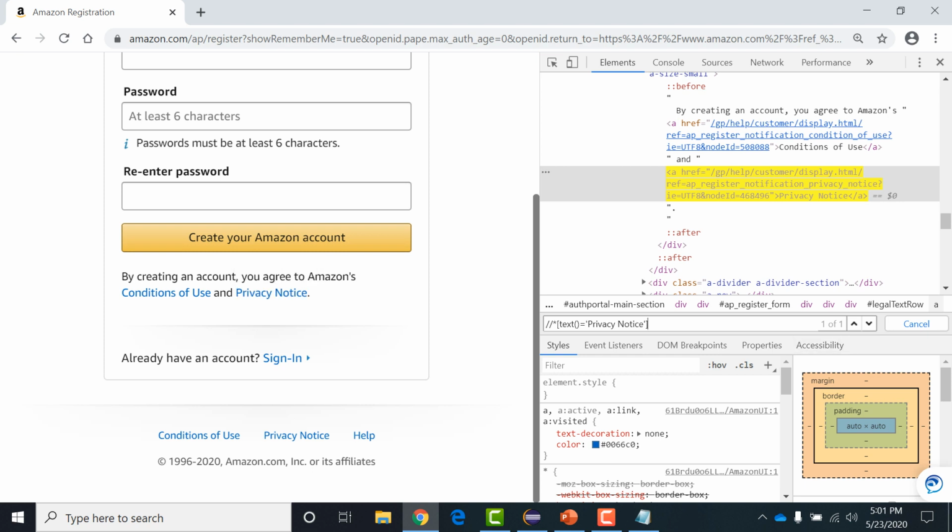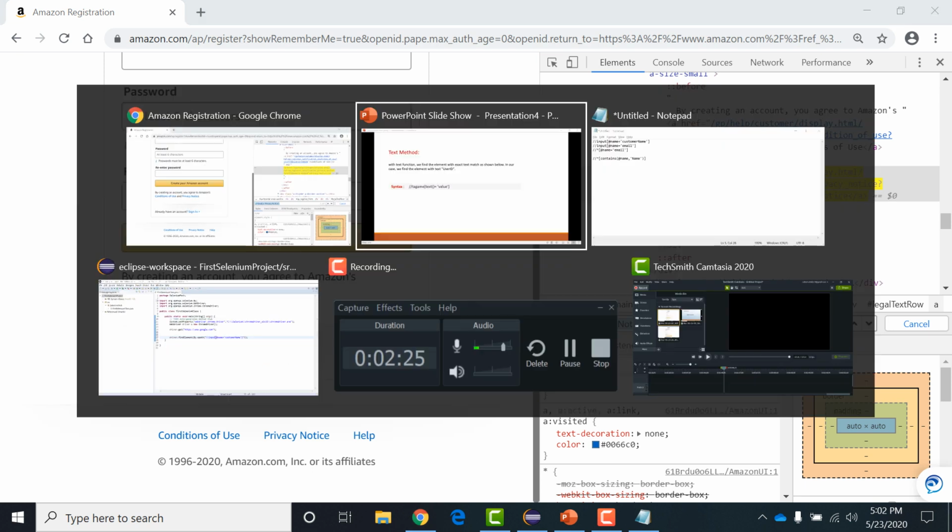This is identifying the particular element with the help of the text keyword. You should use the text method only in the case where you are sure that the particular value of the application is not going to change. This is the text that is visible on the application and you are sure that it is not going to be changed, so you can directly use the text method. Fine. Now I'll just copy this.